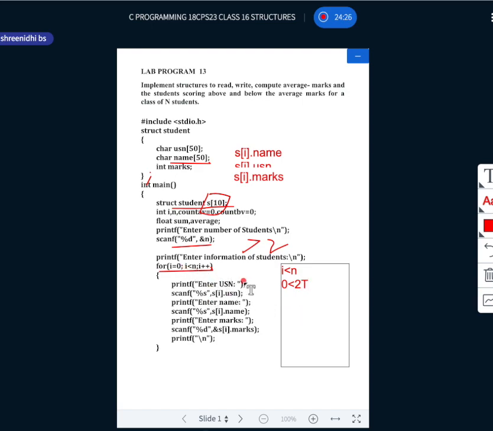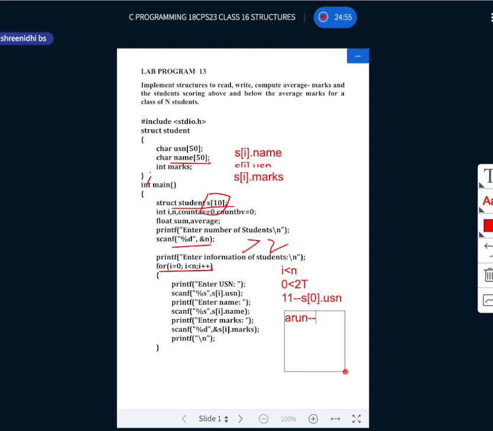Enter the USN. I'll enter the USN, which will be stored in s of 0 dot USN. For example, I'll enter the USN as 11, which will be stored in s of 0 dot usn. Next, enter the name. I'll enter the name as Arun. Where will it be stored?